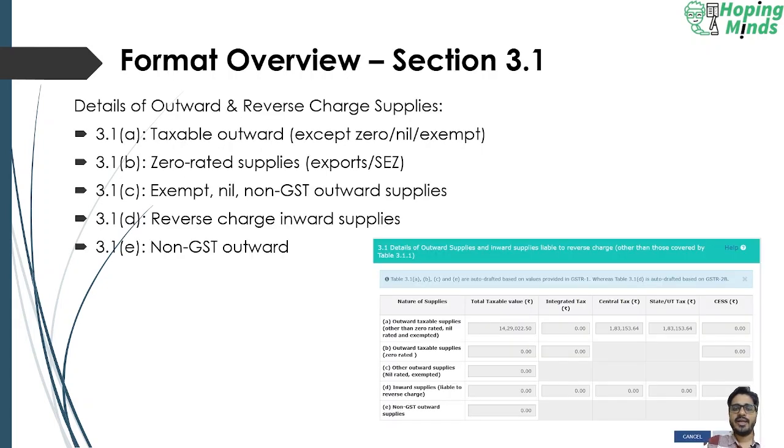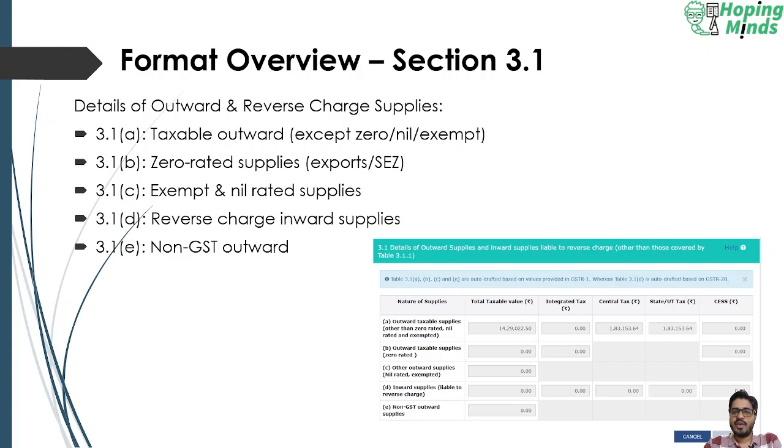Let us see the format and overview of table 3.1 of the GSTR-3B return. There are 5 columns in table 3.1 of GSTR-3B. This table contains details of outward and reverse charge supplies. In table 3.1a, the outward taxable supplies other than zero rated, nil rated and exempted supplies are to be